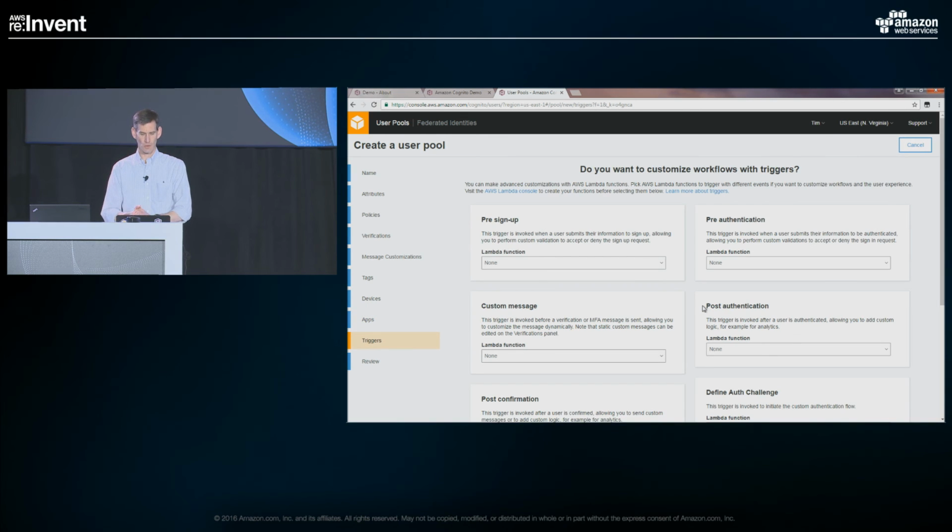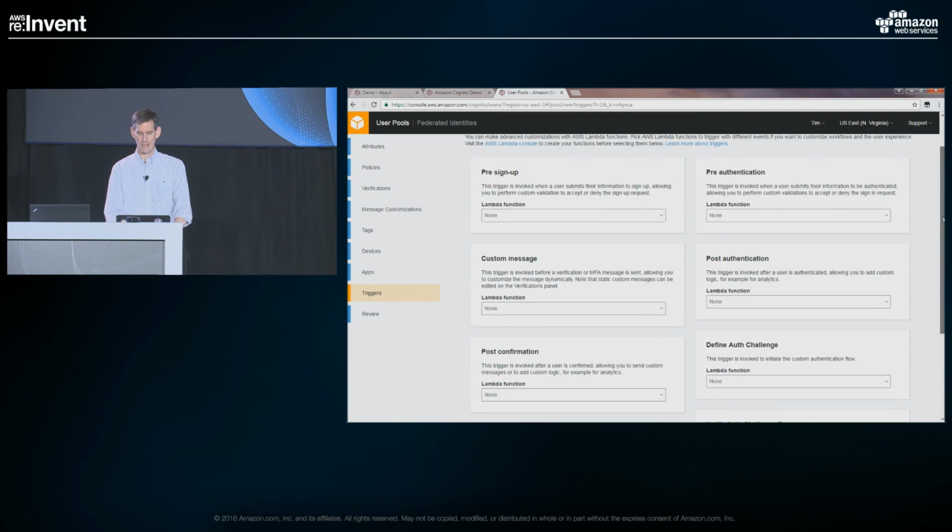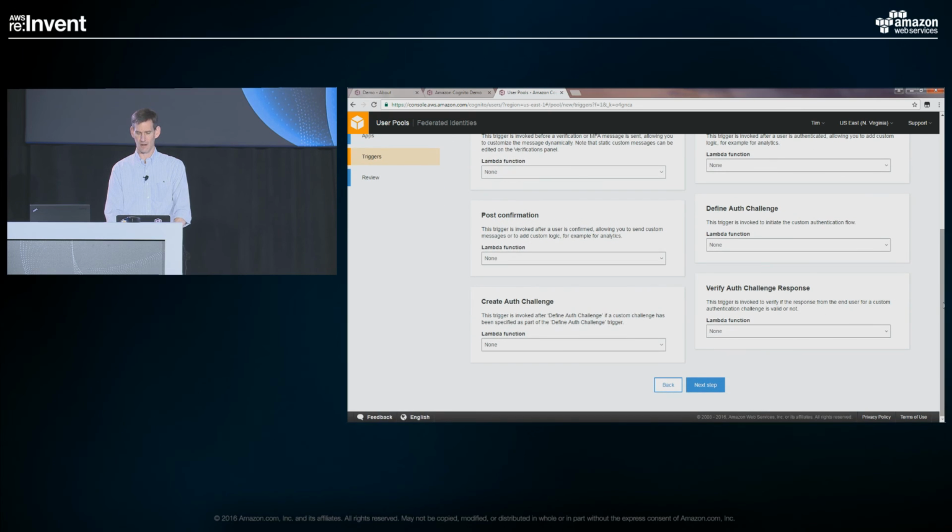And then I'm going to move on to the last critical piece here for the demo. So we've talked about the Lambda triggers. There's a number of them here that Vikram went through. And the three that I'm going to highlight are these bottom three that I've used for the custom authentication flow. So I'm going to go through these in a little bit more detail. I'm going to show you some of the code behind them. But if you're going to use these, you can select them right here in the console.